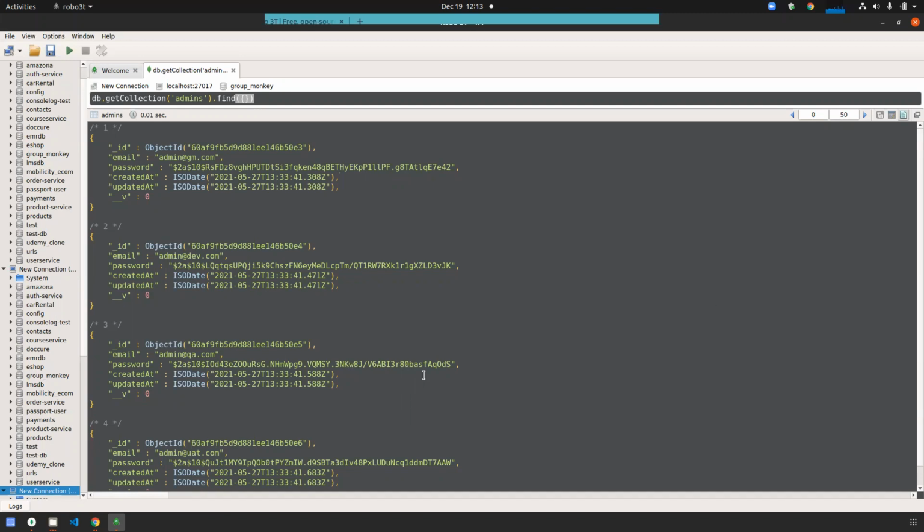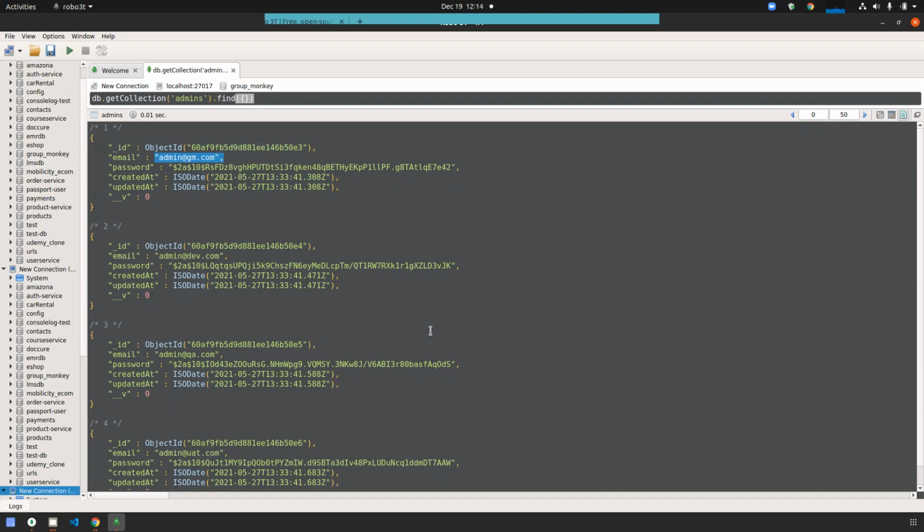You can see this is a JSON format. Who doesn't know about JSON format? JSON looks like this. It is a key and value paired document. This is the key, this is the value. Again, this is the key, this is the value. So this is the JSON object.